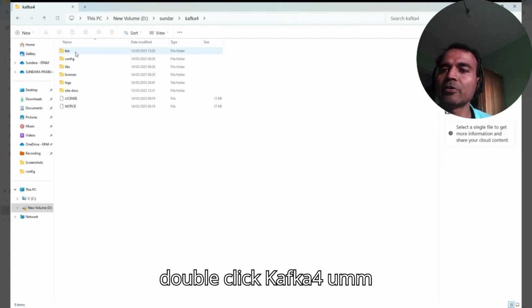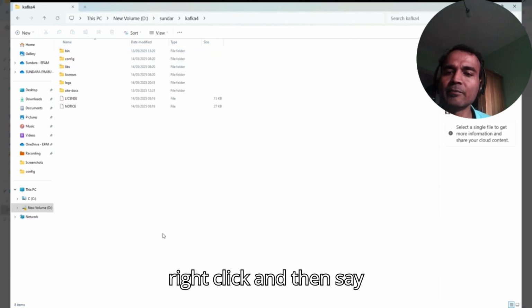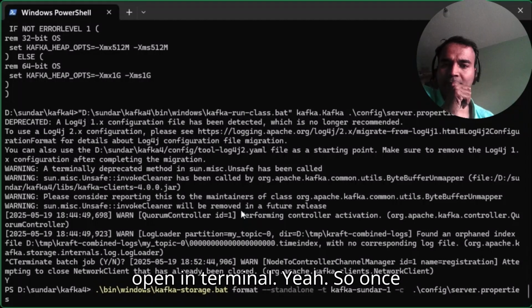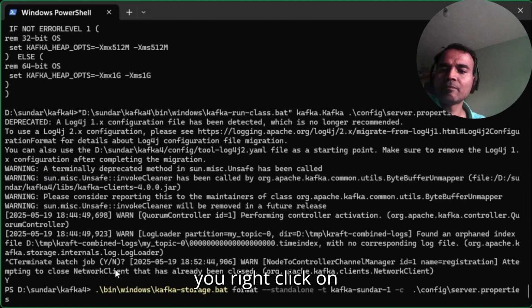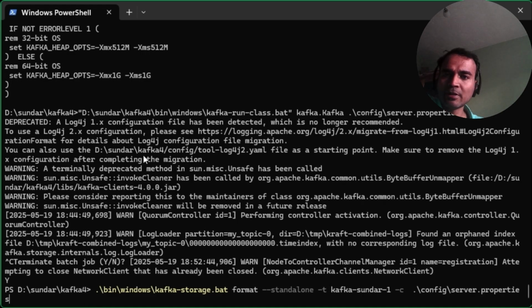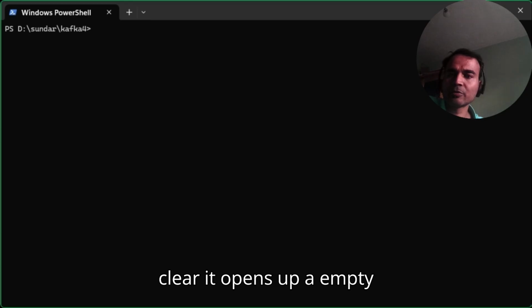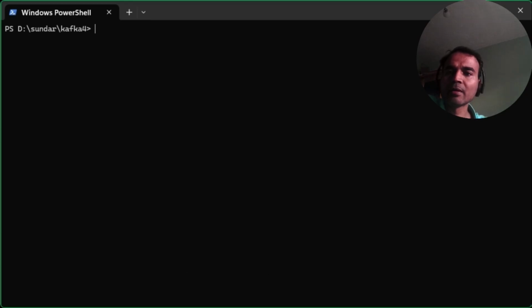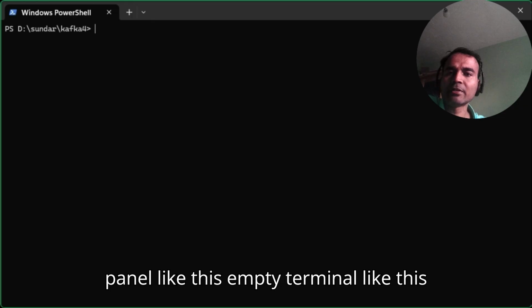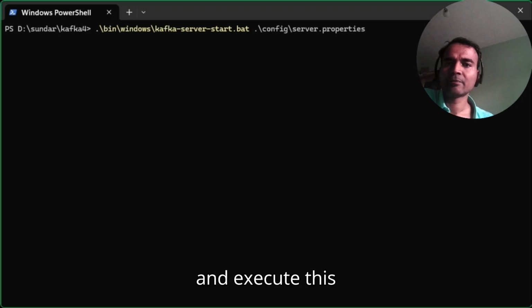Double click Kafka4, right click, and then say open in terminal. Yeah. So once you right click on the Kafka4 folder and open the terminal, it opens up something like this. It just clears and opens up an empty panel like this, an empty terminal like this. Open it up and execute this